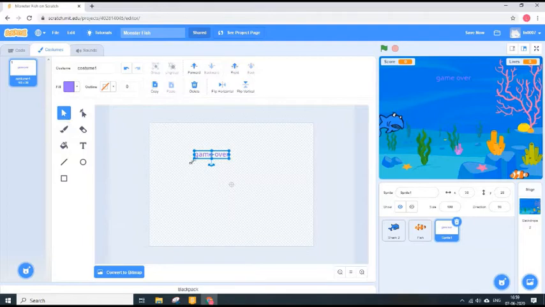If you click on the select tool, you will see one blue round box coming over the game over text which you have written. Just hover on this and drag it. Go to any of the corners, you will be able to drag it and make it as big as you want. Big, small, anything you can do. Everything you have to do on the select tool.